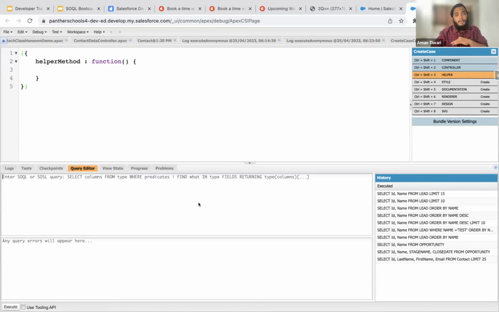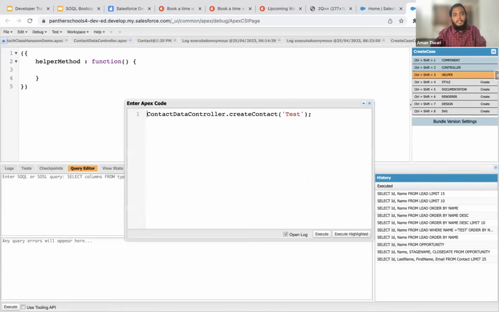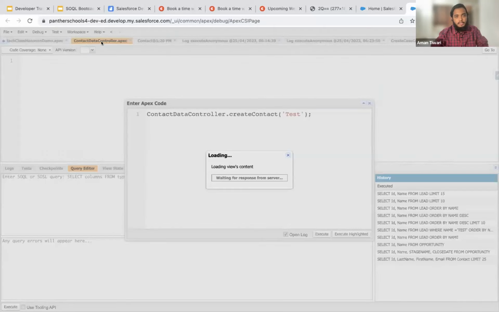Then what is the second way? The second way is to call the query, or write the query, inside your Apex class or anonymous window. Okay, so the anonymous window, I hope you are aware of. If not, it's a kind of place where you can call your, like suppose you have written any Apex class,